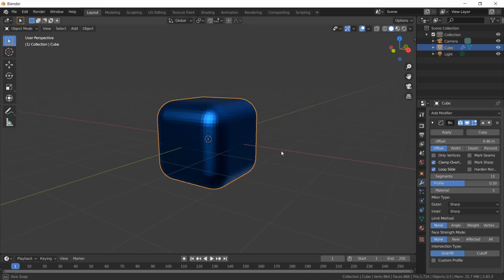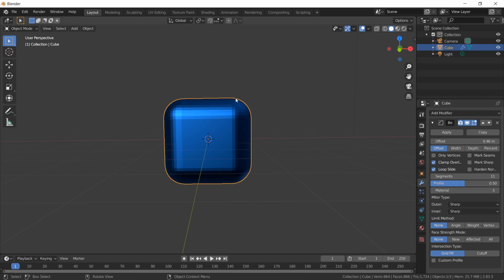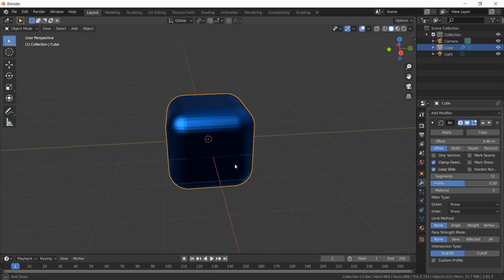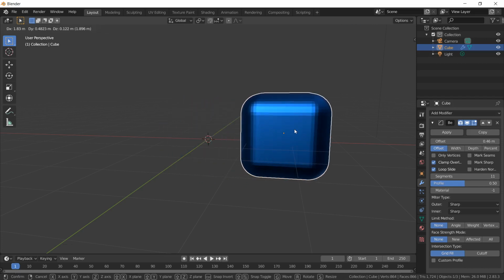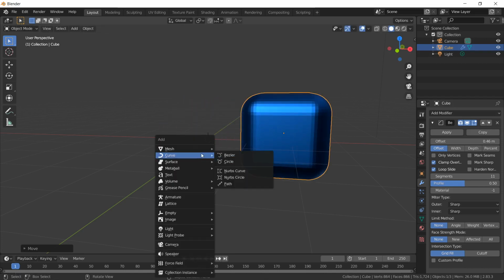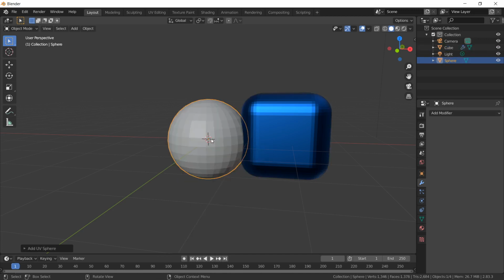Now I have to give different numbers to all the sides of my cube. For giving numbers, I'm going to work with a semicircle. I will create a circle and try to put it over here. For this case, I'm going to create a sphere first. I will shift this cube a bit here, press Shift A, and create my UV sphere. So my sphere is created. Now let me make it small.